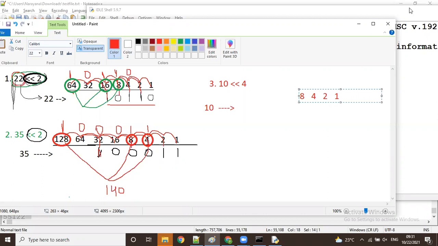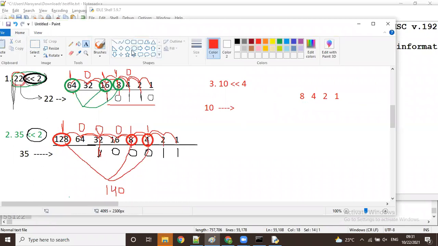Let me take some distance here, guys, because next we have to take the 4 numbers. Now, what do I do here? All of you know, to get the 10, what numbers are required? 8 is required. Then 2 also required. So 4 not required. 1 also not required, guys.